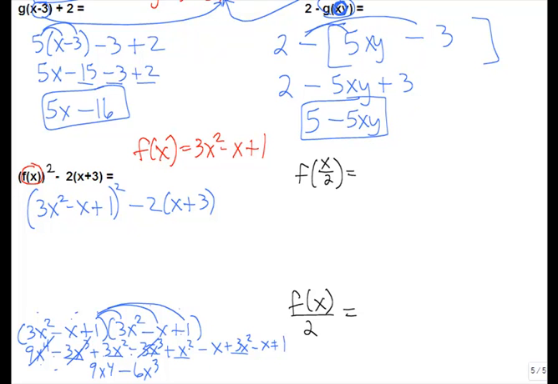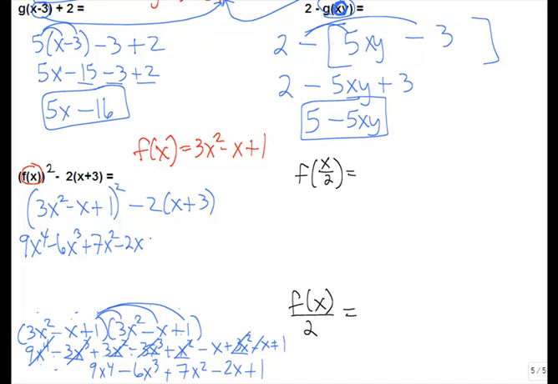So 3 plus 1 plus 3 is 7x squared. And then we have a minus x and a minus x, which is a minus 2x. And then we have that plus 1 on the end. So when I FOIL all this out, I get 9x to the 4th minus 6x cubed plus 7x squared minus